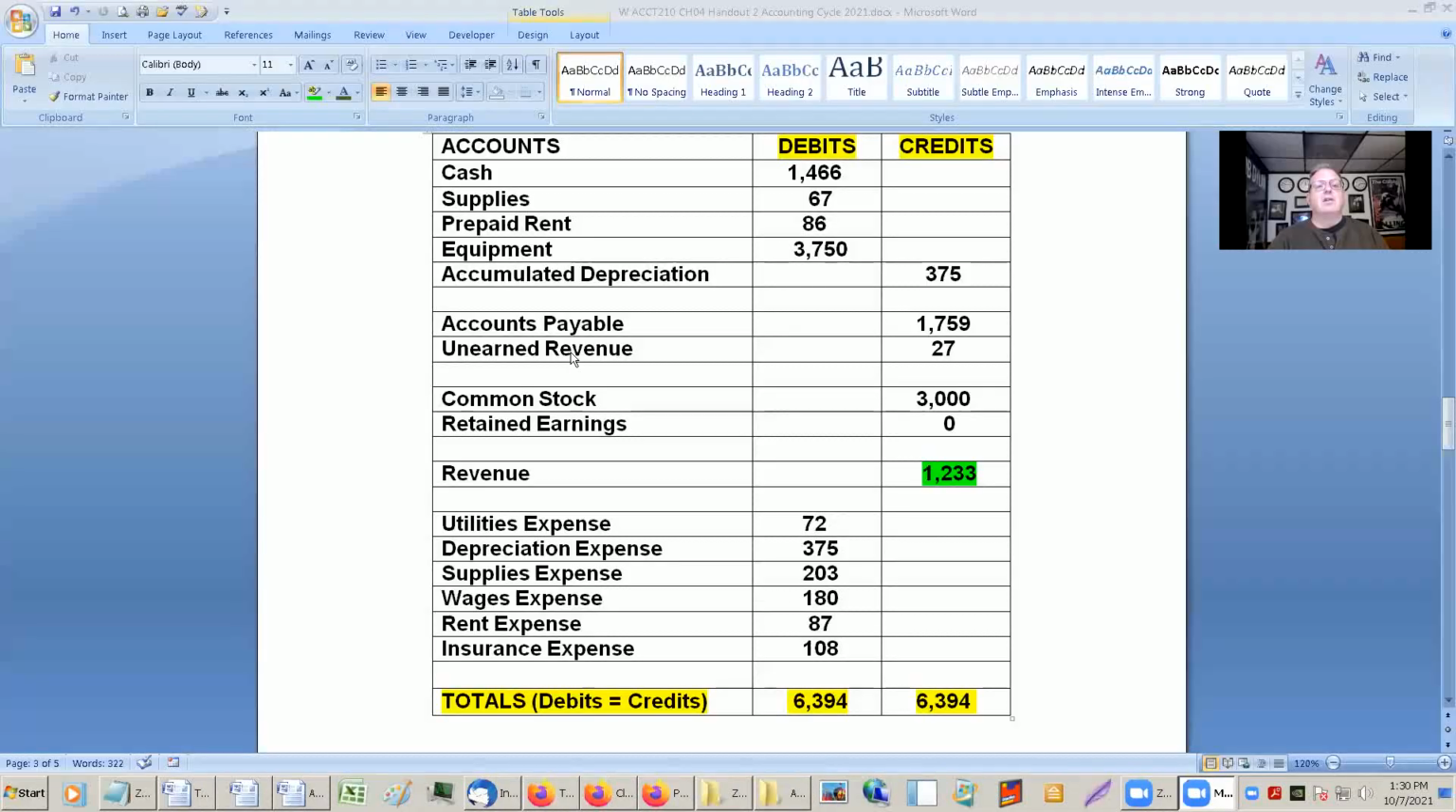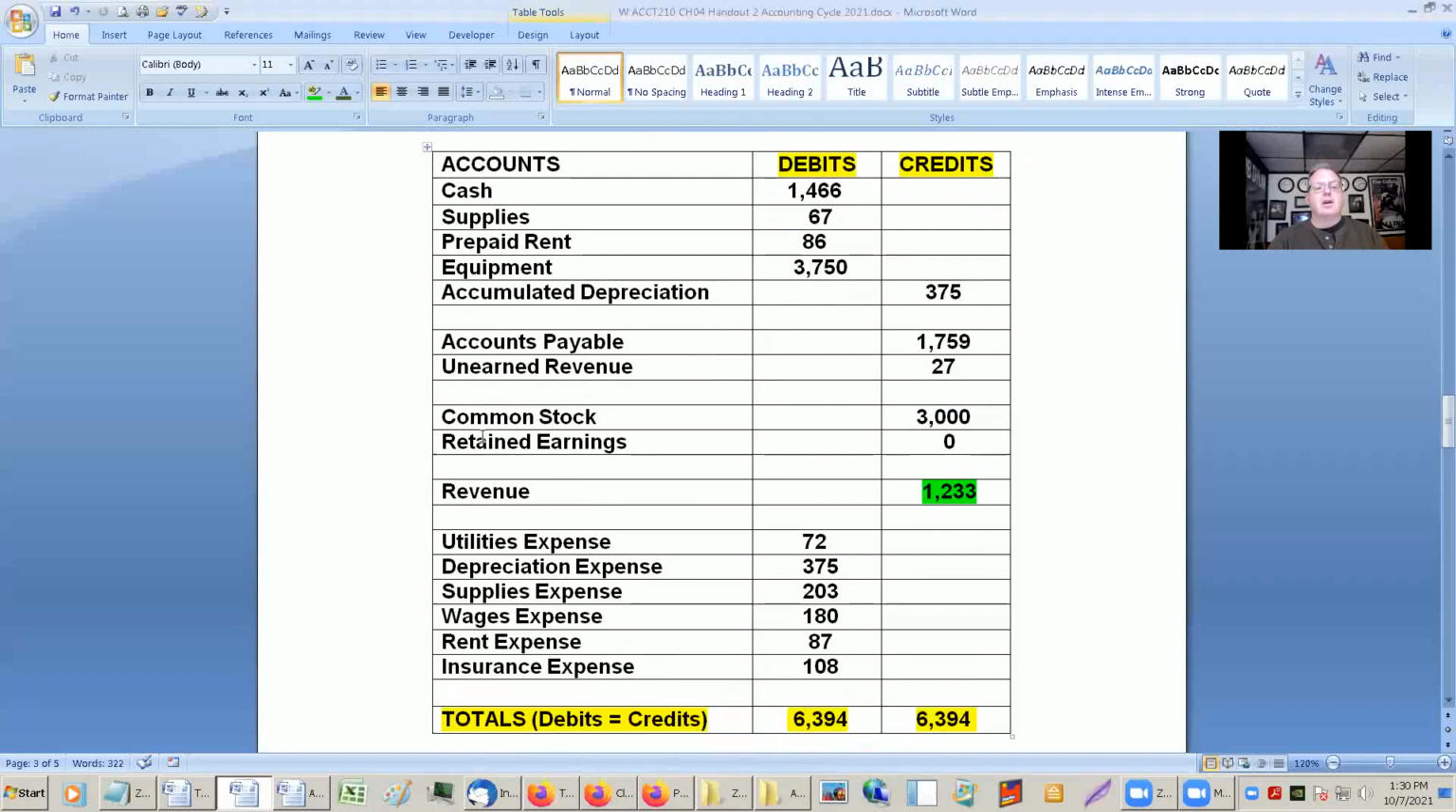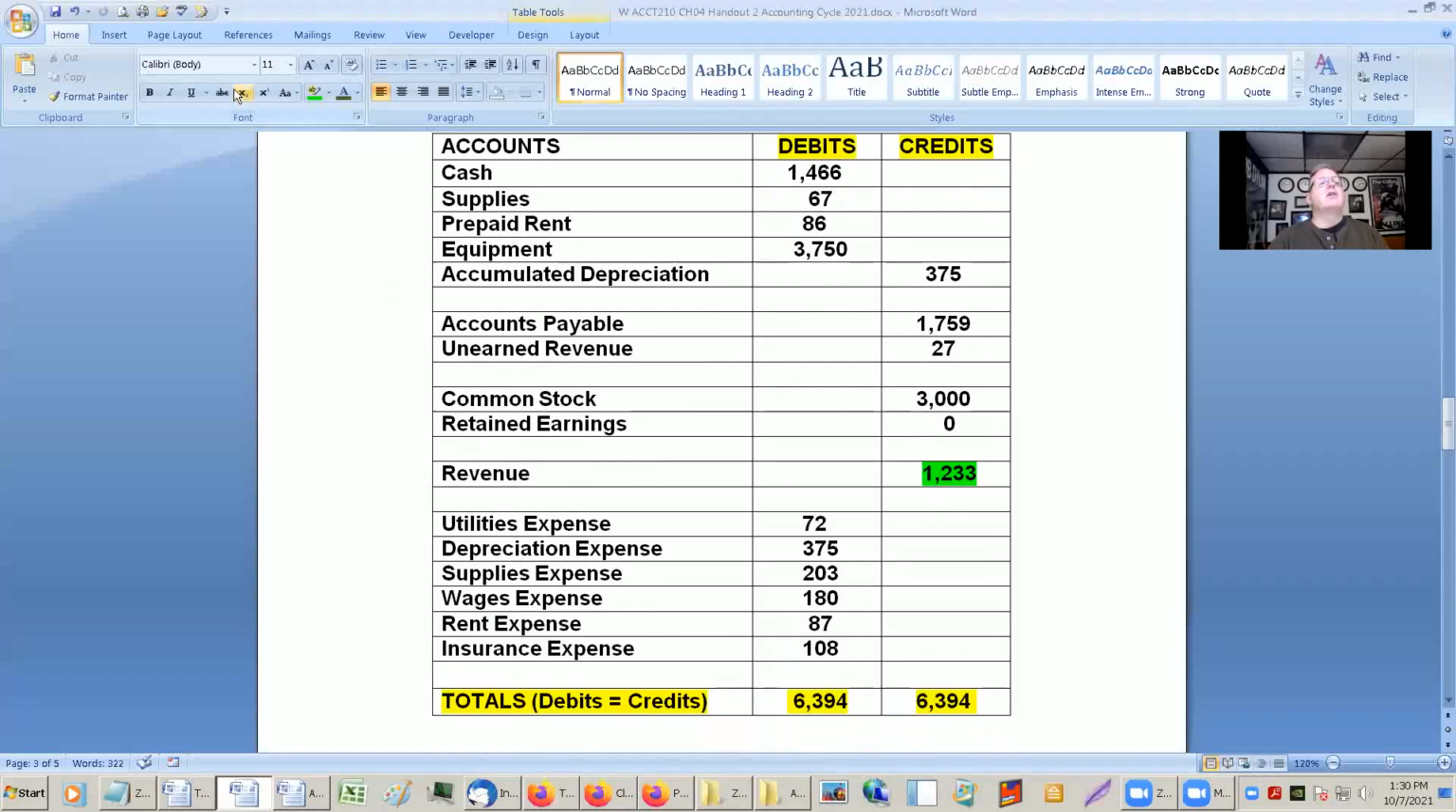Okay, well, an obvious question is, what happens when 2021 is over? Right? When it's over, when we go into 2022, what do we do? And the answer to that is, I'm going to go back up to the trial balance. All of these accounts down here,